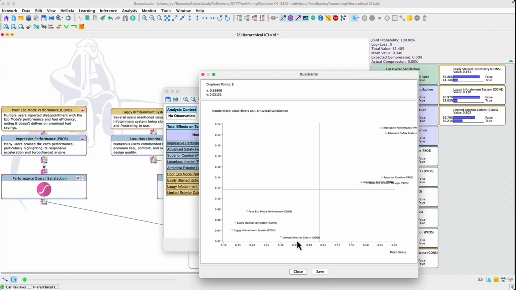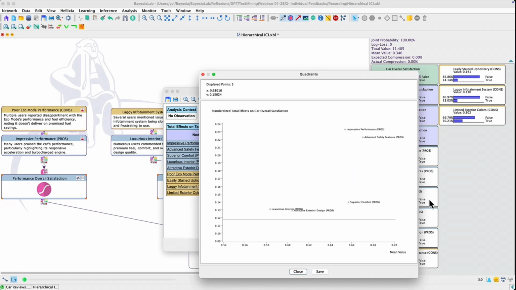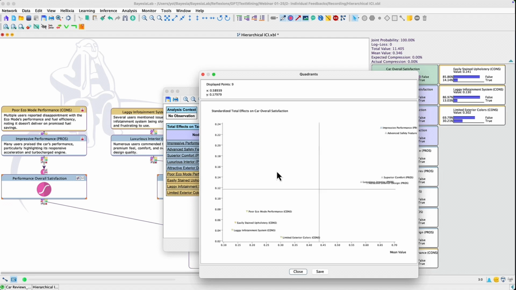We see on the lower left corner the cons, and the upper right corner the pros. On the y-axis we have the standardized total effect, and the x-axis is the prior of these nodes.